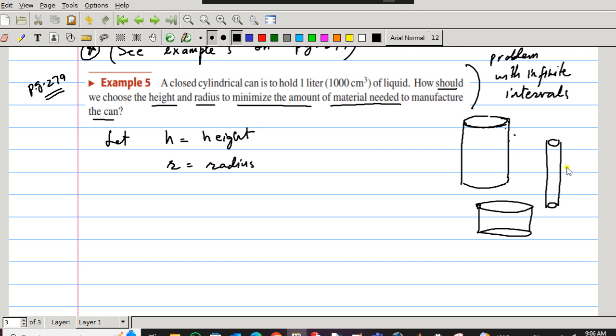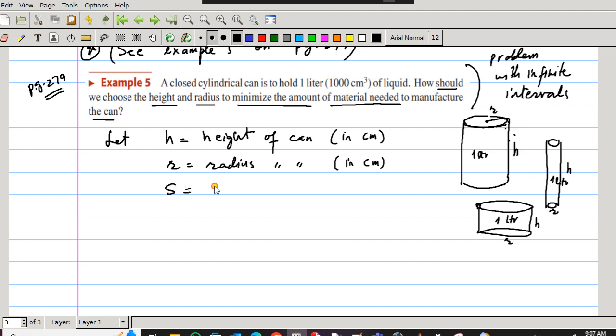So now here height is more, radius is small. Here height is small, radius is large. So I don't know what will happen. But every one should hold 1 liter inside. So let h be the height and r be the radius of the circle. Height of the cylinder, height of the can, and this can be in centimeter. And let